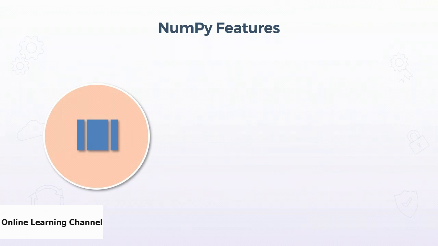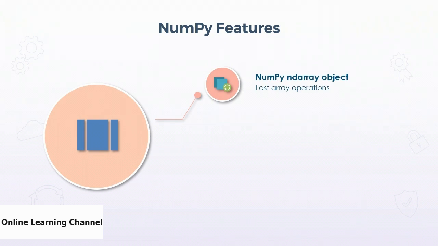Traditionally, Python has lists that can serve the purpose of arrays but are very slow to process, something which NumPy addresses by providing an array object that is up to 50 times faster than a traditional Python list. The array object in NumPy is called ndarray and has a host of supporting functions that are very easy to